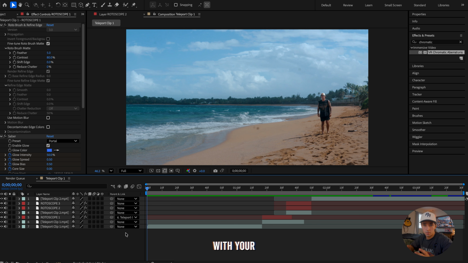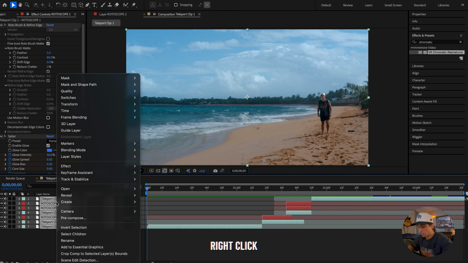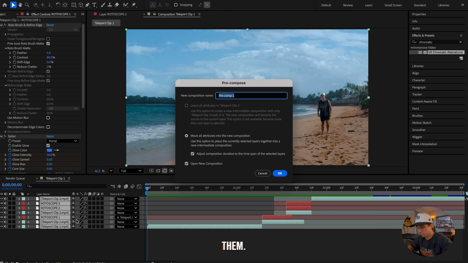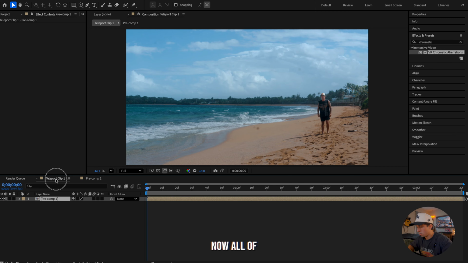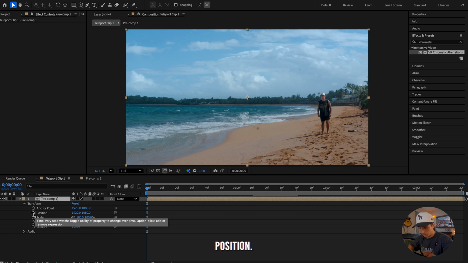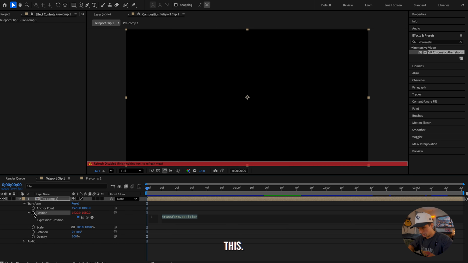And after you're done with your teleport effect, you're going to highlight all of your clips, right click, pre-compose them, and then now all of your clips are in one layer. And what we're going to do now is add some fake camera shake just to make it look like somebody was holding a camera. So in order to do that, we're going to click transform, and we're going to go to the position. You're going to click the stopwatch while holding the option key on the position, and it's going to bring up this, and you're going to type in wiggle